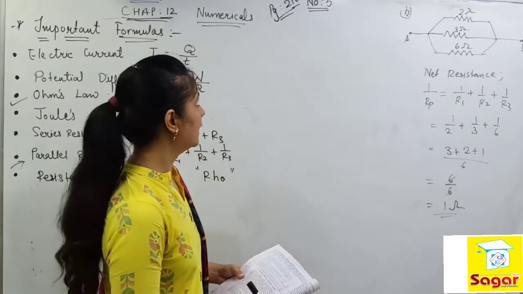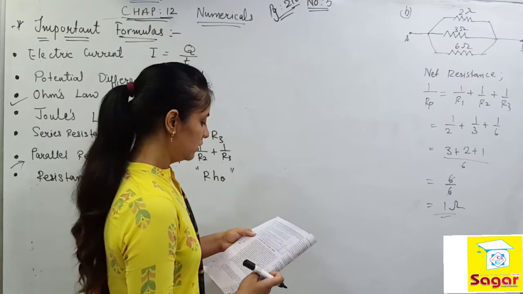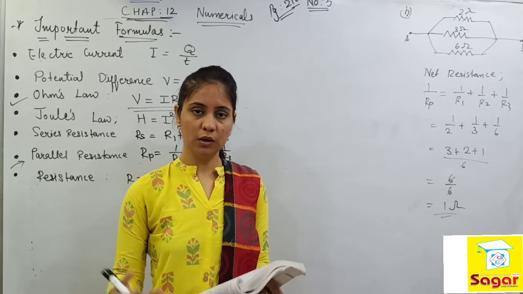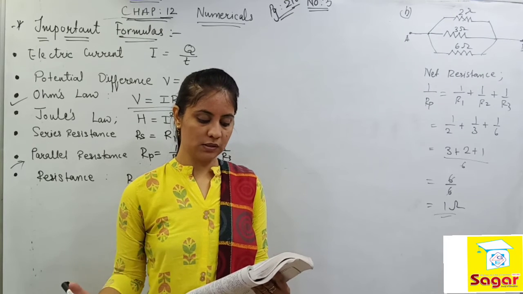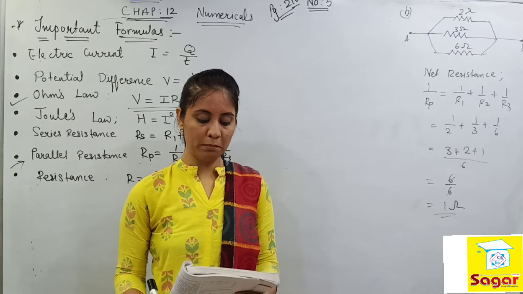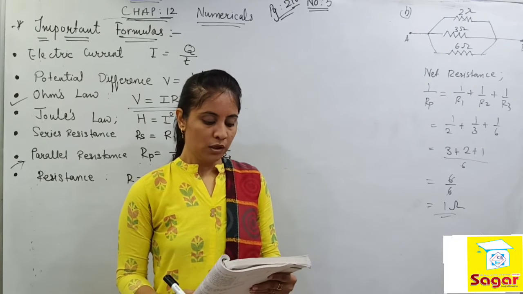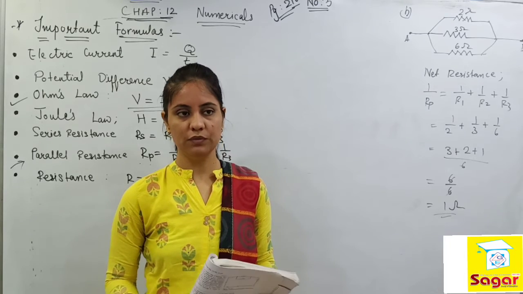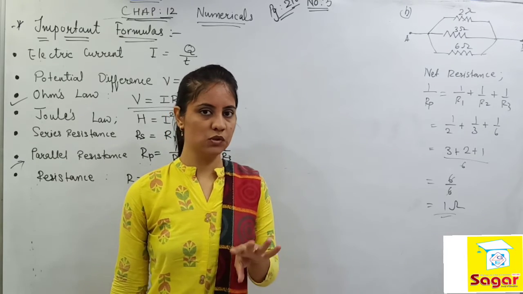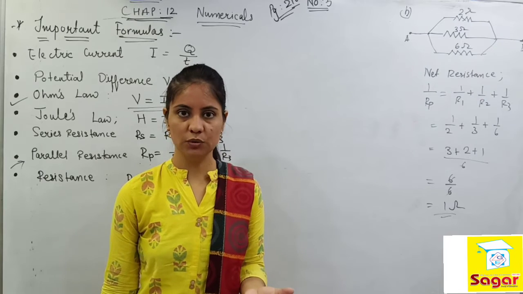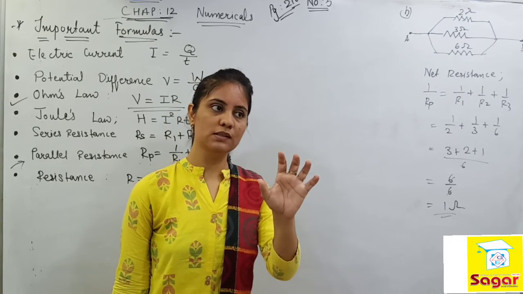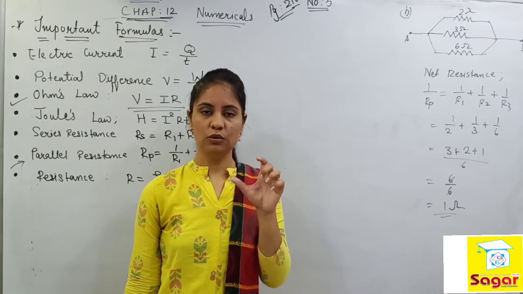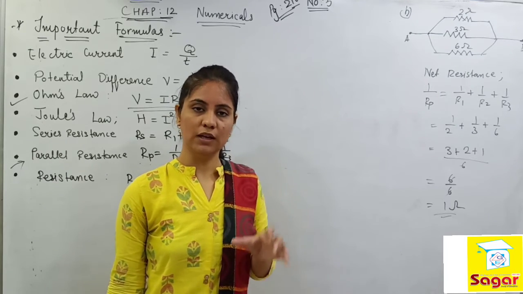That's number 5, same page 216. See, the question is: number 1, the highest, and number 2, the lowest total resistance that can be secured by combination of the 4 coils of resistance 4 ohm, 8 ohm, 12 ohm and 24 ohm. So suppose 4 resistors of various values are given to you, then how much maximum resistance can be offered and how much lowest resistance can be offered. So we have to find those two ranges.